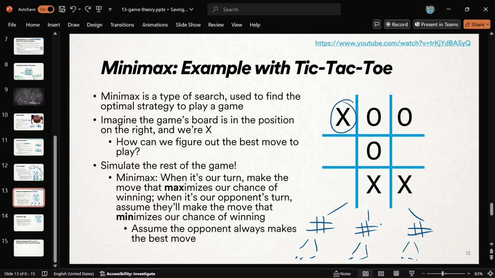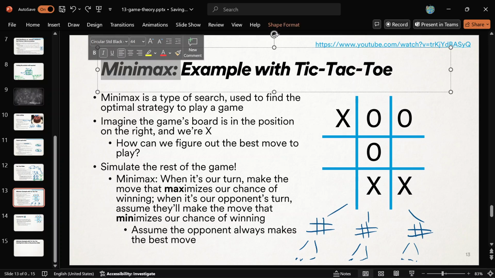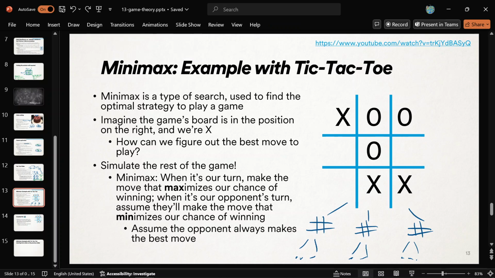It's like you got 2 options per 9 squares, right? So it's like 2 to the 9th power, which is not too many. It's less than like 10,000. So you can simulate an entire game even from nothing, which is exciting. Okay, so what we're going to do is use the Minimax algorithm to determine the best move for X.